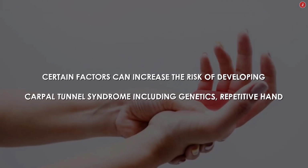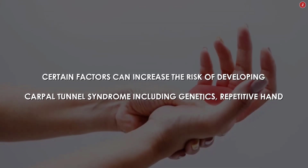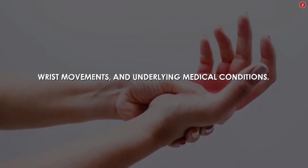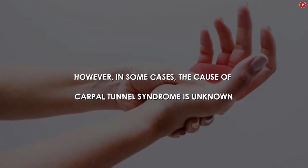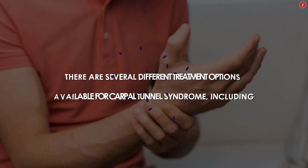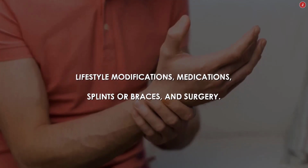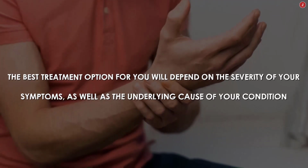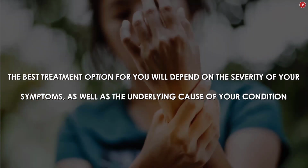Certain factors can increase the risk of developing carpal tunnel syndrome, which include genetics, repetitive hand and wrist movements, and underlying medical conditions as I discussed earlier. However, in some cases, the cause of carpal tunnel syndrome may still remain idiopathic or unknown. There are different treatment options available for carpal tunnel syndrome, which include lifestyle modification, medications, and splinting. The best treatment option for you will depend on the severity of your symptoms as well as the underlying cause